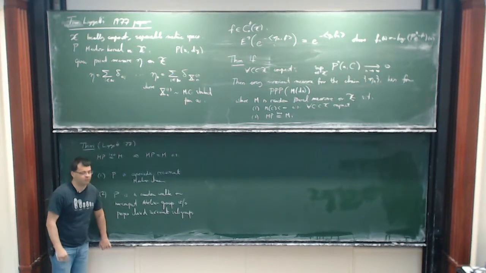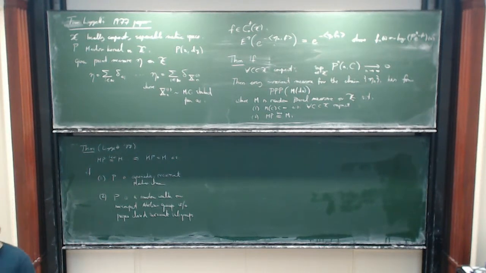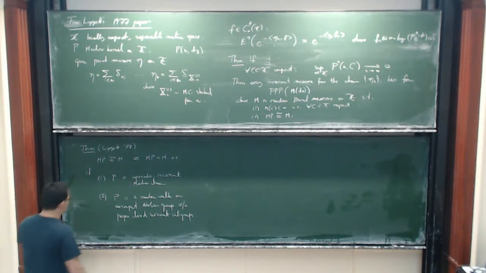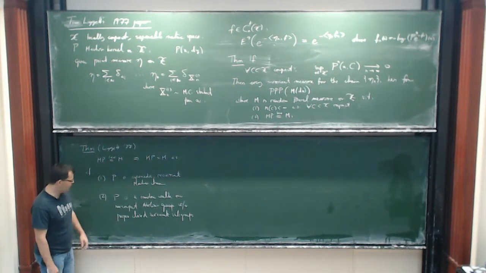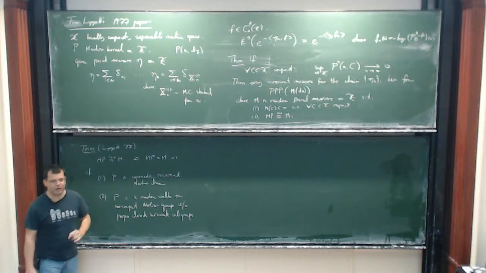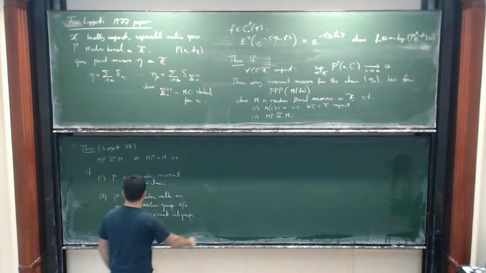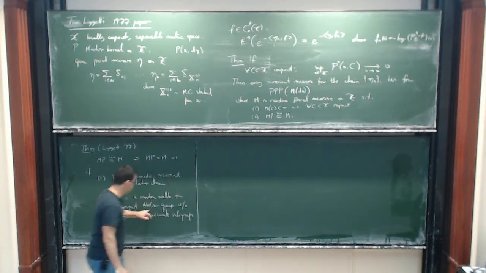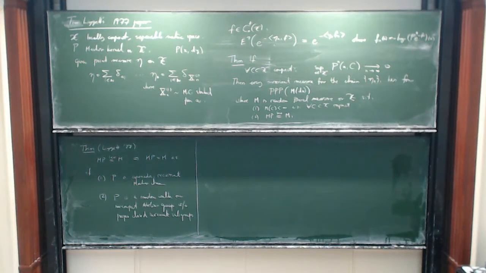There are other statements in the paper which extend this to some transient Markov chains. For transient Markov chains, you generally don't expect this, and there are some counterexamples. The aperiodicity is also required; you can provide counterexamples without aperiodicity. What's really good is that it works for all random walks under this general condition. The proofs use non-trivial facts from Choquet-Deny theory, so this is a pretty technical argument.